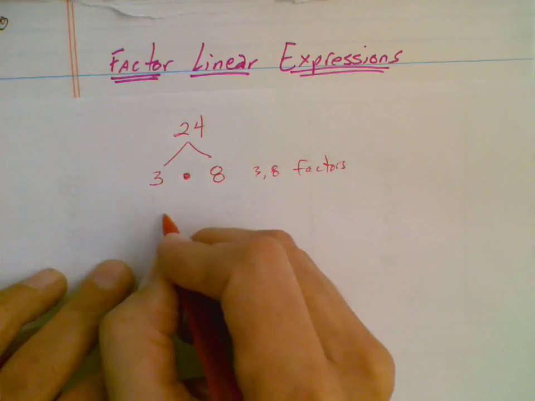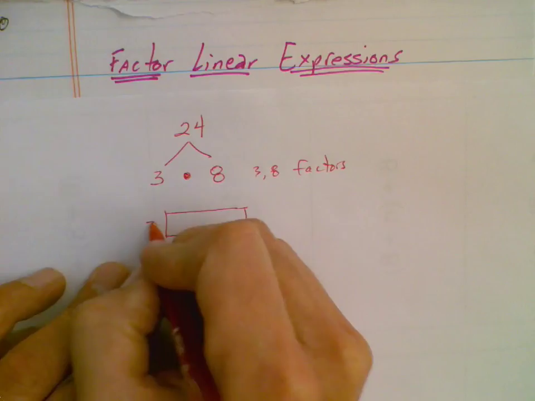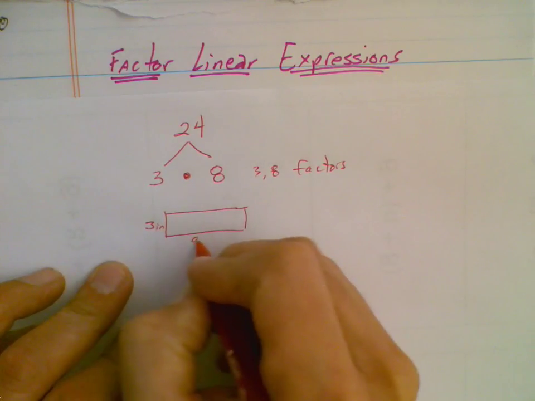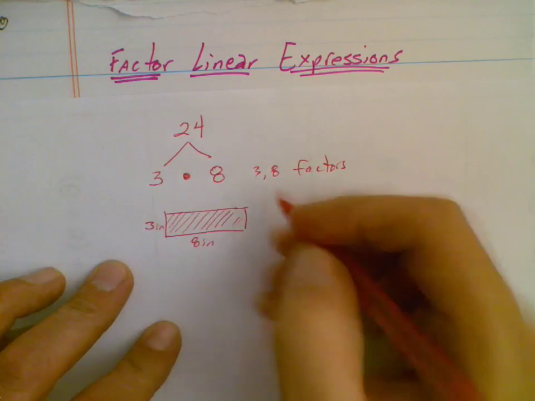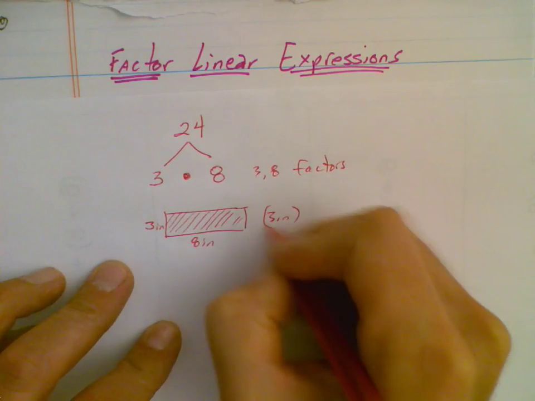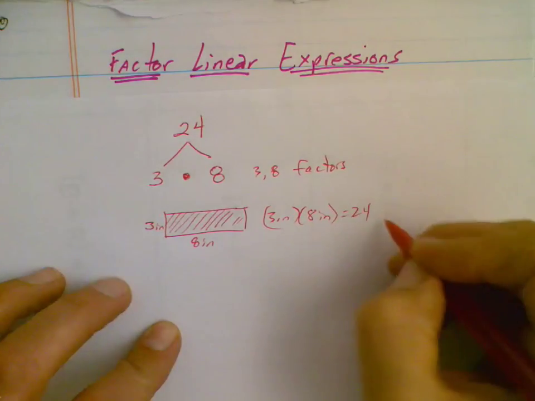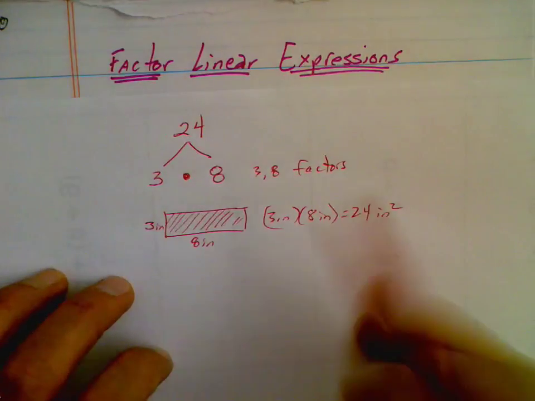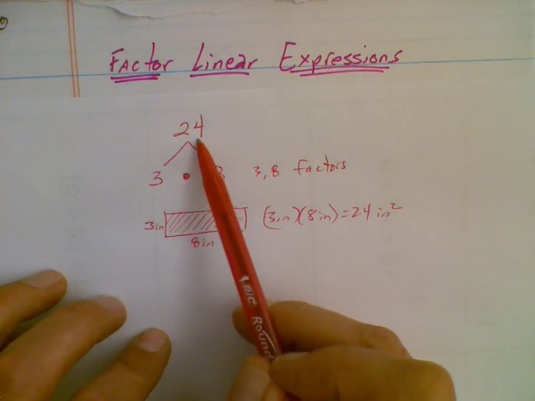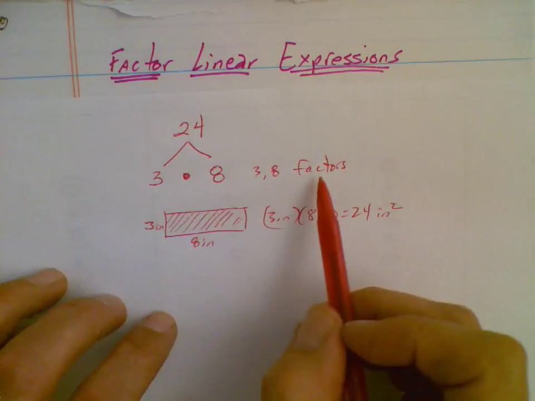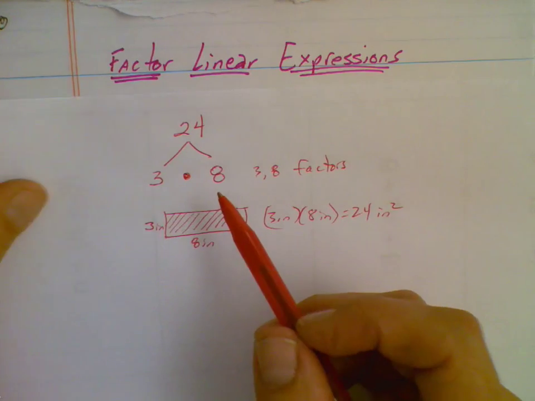You could also have seen it this way too. If you had a rectangle and it was 3 inches this way and 8 inches this way, and you were asked what's the area inside, well, you'd simply write 3 inches times 8 inches equals 24 inches squared. The point is that factoring is taking a number and breaking it apart into two or more factors. Well, we're going to do the same thing now, except we're going to do it with